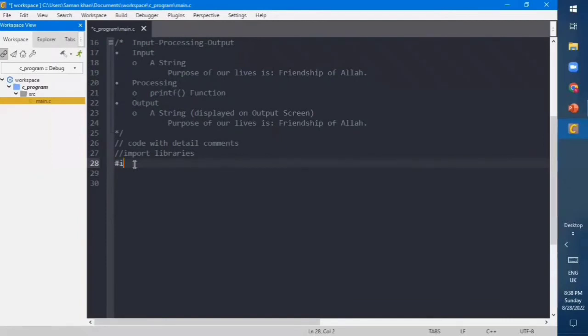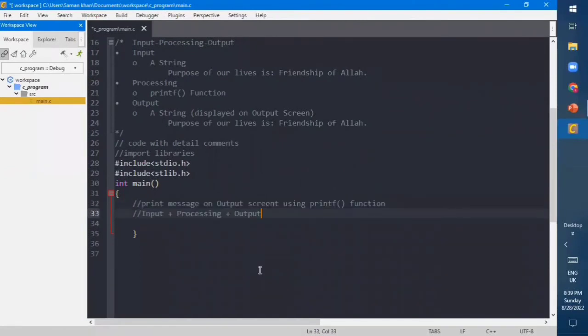First of all, I will include the libraries that are hashtag include stdio.h, and second library is hashtag include stdlib.h. After that, I will create a main function by writing int main and brackets for main function. As we are writing a code with detailed comments, so let's add some comments what this function will do. This function will print message on output screen by using a printf function that will act as input plus processing